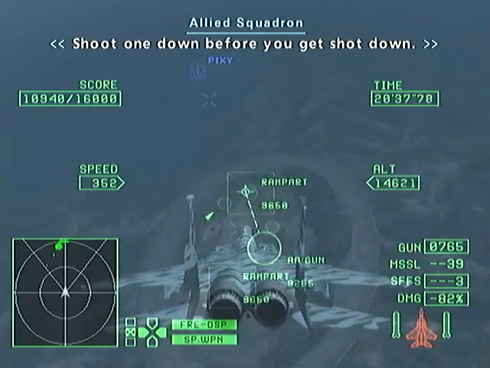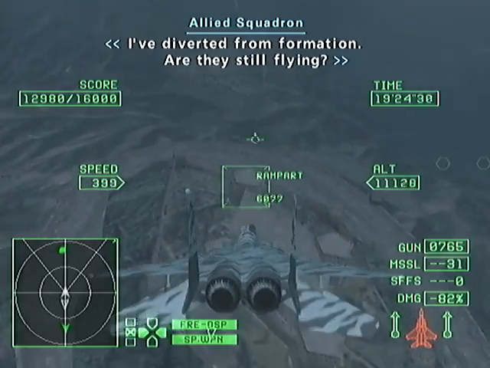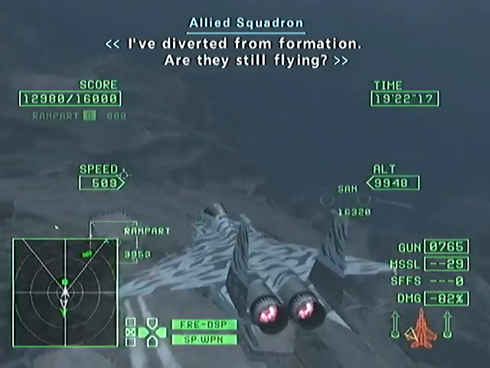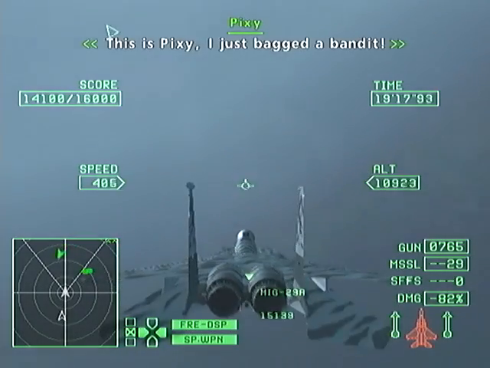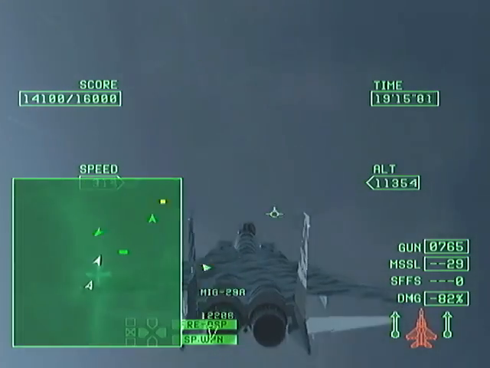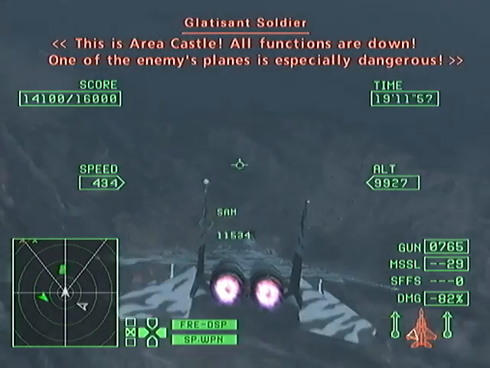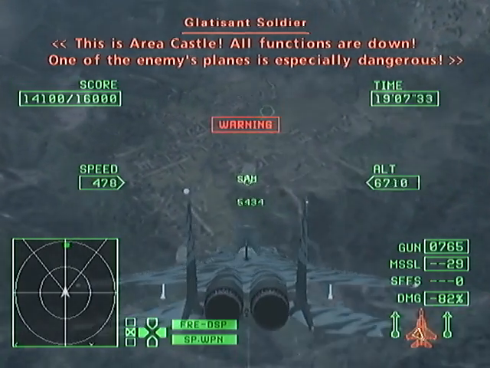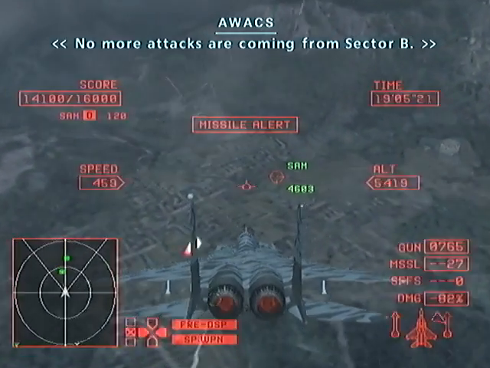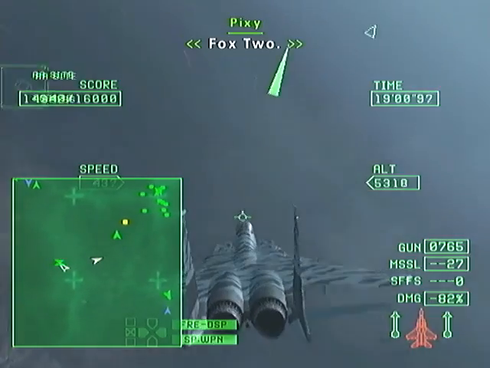Before you get shot down. I've diverted some formation. Are they still flying? This is Pixie. I just bagged a bandit. This is area castle. All functions are down. One of the enemy's planes is especially dangerous. No more attacks are coming from Sector B. Fox